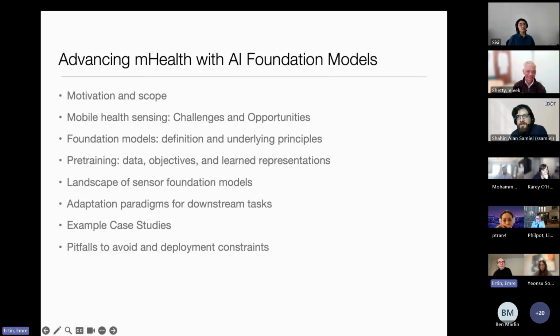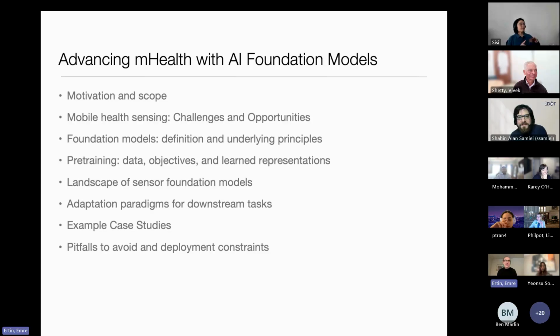Somebody told me that if you're going to give a good talk, tell people what you're going to tell them, and then tell them what you told them. So this is the first part. I will try to motivate the sensing challenges and solutions in the mobile health space, and try to highlight